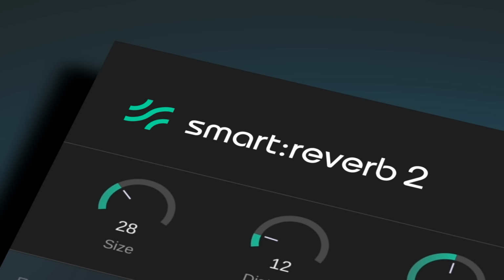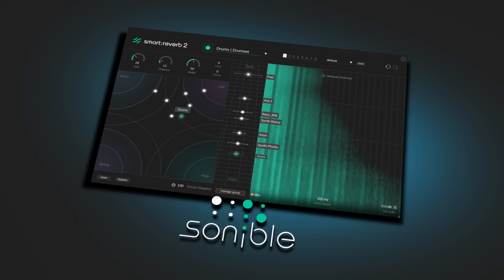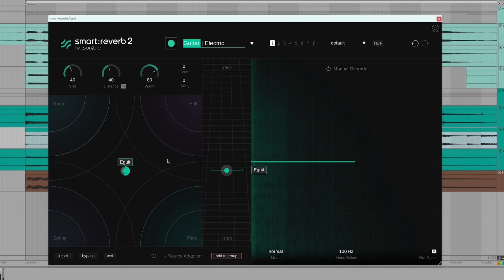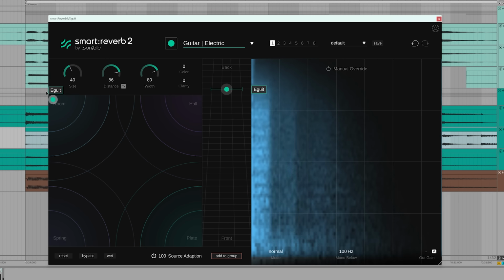This is Smart Reverb 2, and it will let you step into a new dimension of content-aware mixing with reverb. You can generate a custom reverb effect for every instance, automatically fixing common issues with resonances or overemphasized frequencies, and experiment with a lot of different styles without endlessly clicking through presets.